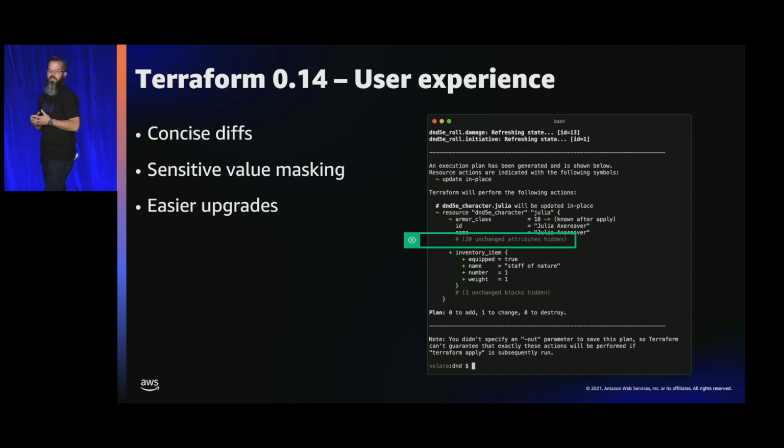The first of which is going to be Terraform 0.14. Now, the main focus with 0.14 was basically on the user experience. How can we streamline some of those capabilities? How can we make the user experience better? And one of the ways that we did that was through a feature called concise diffs. Now, for anybody in here that's run a Terraform plan against an environment that's already provisioned, you know that it gives you that plan, and no matter what happens, if things changed, if things didn't change, it output every single property and argument and attribute that went along with those resources.